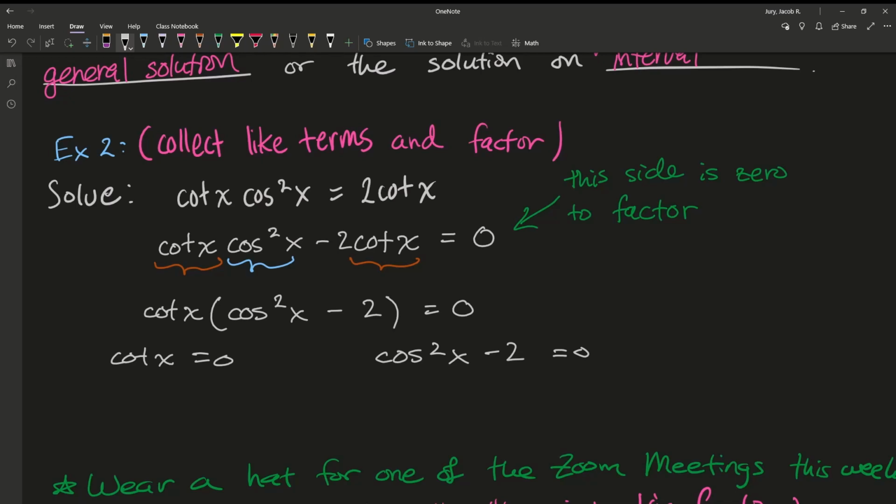Now, we just have to complete this with order of operations, and think about where this is true on the unit circle. So cotangent x equals 0 when cosine is 0, and cosine is 0 when x equals pi over 2. And I know that cotangent is going to be 0 at pi over 2, so for my general solution, I know that x equals pi over 2